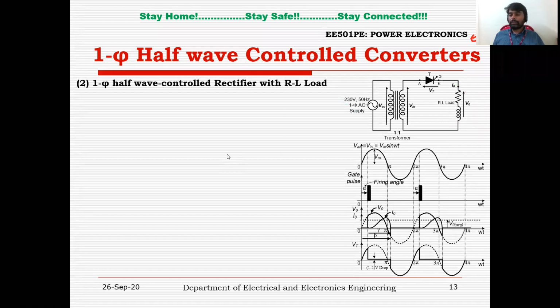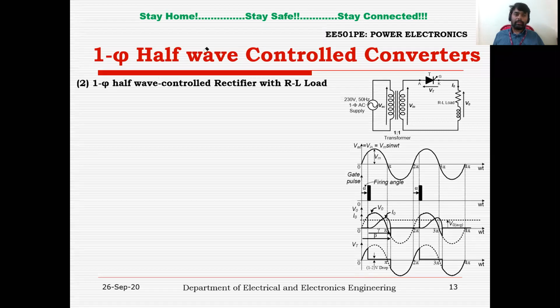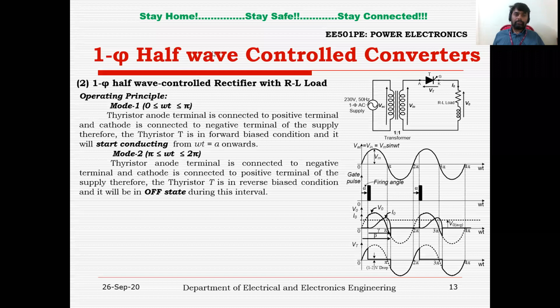So it is a half wave converter, which means we are going to control and convert only half portion of the complete cycle. Right. So again, if you recall the previous slide, this is the positive half cycle. I am going to mark it with a green color. It's a positive half cycle. We are going to convert and control this positive half cycle, and we are not going to control and convert this negative half cycle. That's why I represented it with this red mark.